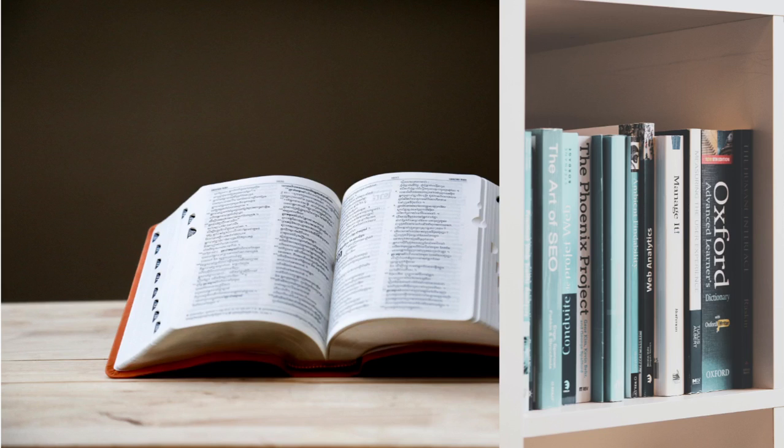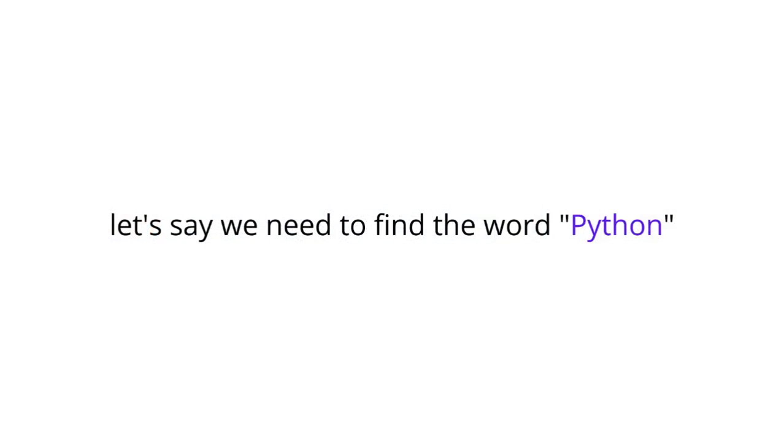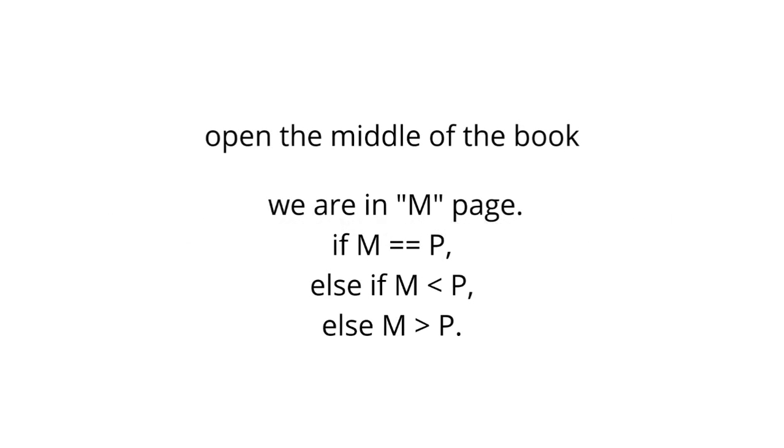First of all, binary search is something we use in real life, with a dictionary or a telephone directory. It's all sorted elements, like in a dictionary the pages are alphabetically sorted. And let's say we want to search the word Python. What do we do first? We open the middle of